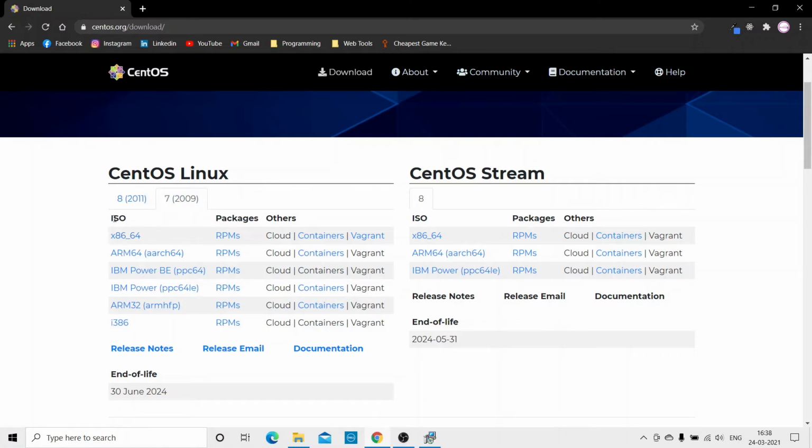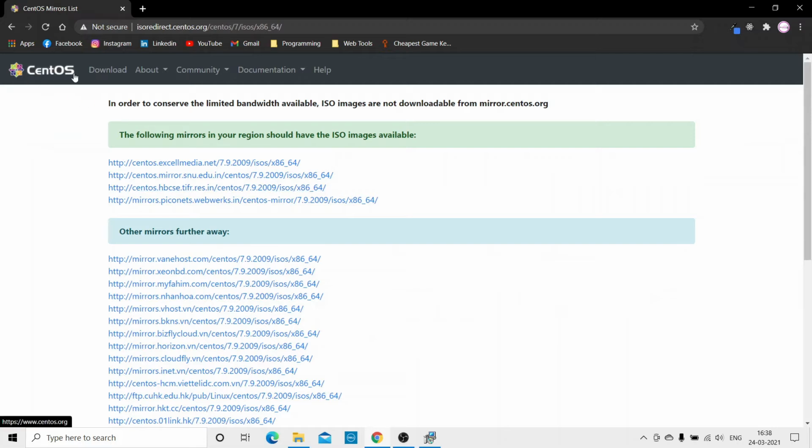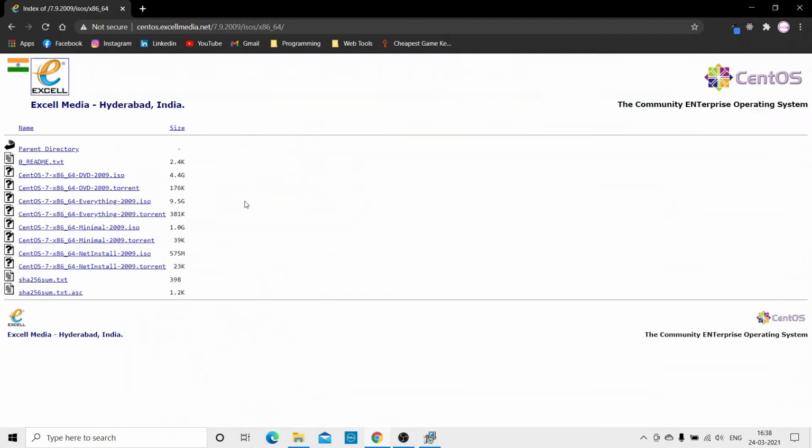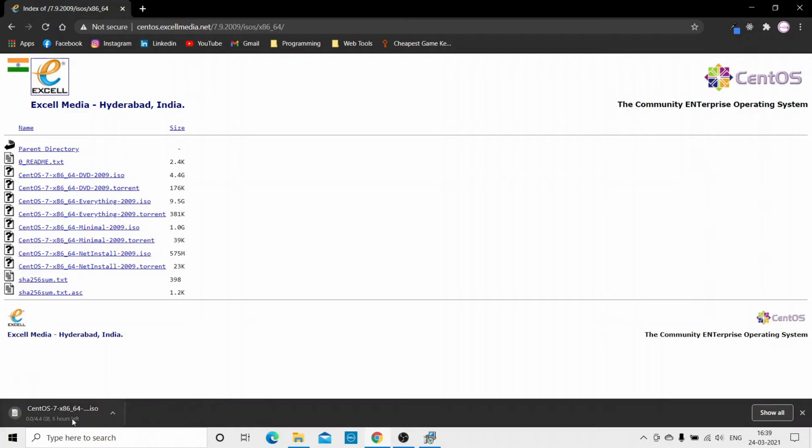And here you can see the ISO, and here it is written x86 64-bit computers. Click on this and this will redirect you to this kind of website, and here you can see there are multiple links. Click any one of them. I will click the first one, and now here you can see there are so many links. Okay, so which one do you have to choose? Just choose this one, the CentOS 7 x86 64 DVD. Okay, this one. Click on this and this will start downloading the ISO file. So it's around 4.4 GB, and you can see this is taking very much time.